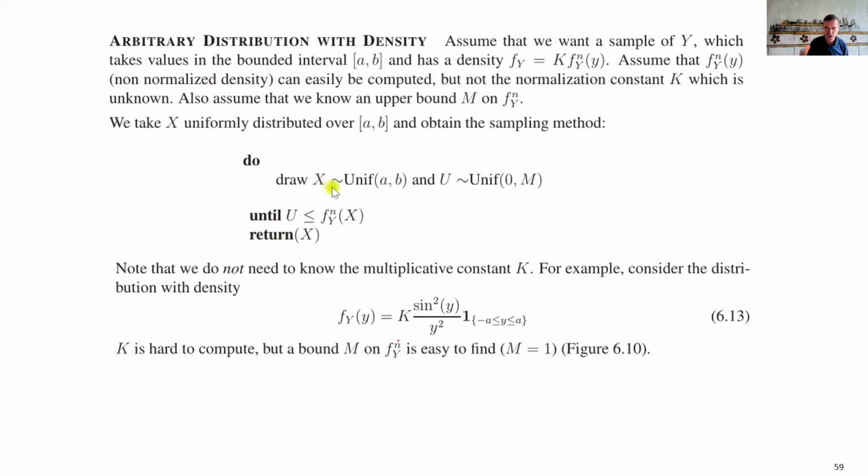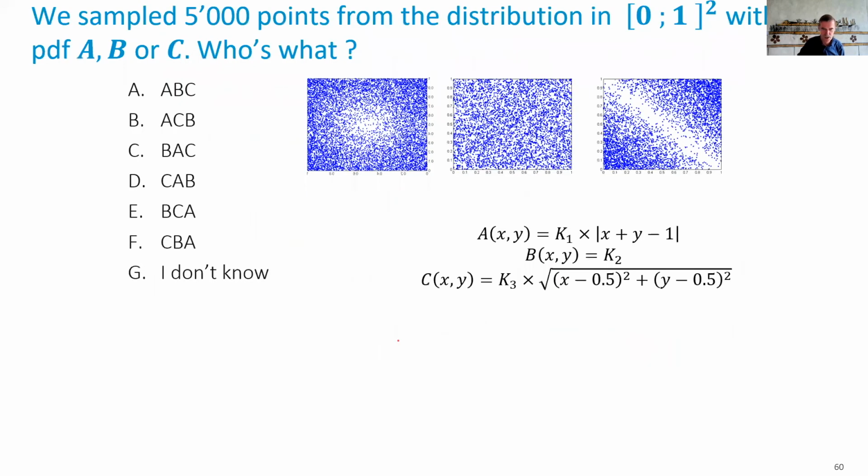So I draw a random number between A and B, U between 0 and M, where M is an upper bound on this non-normalized density, and I do that until my test succeeds, as we have seen in this example. Now this is very interesting, in particular when the CDF inversion formula doesn't work for whatever reason,